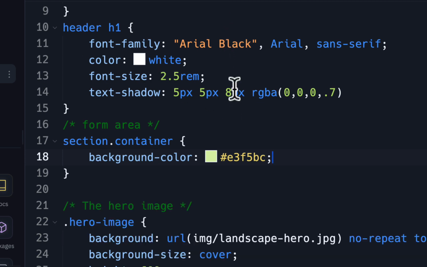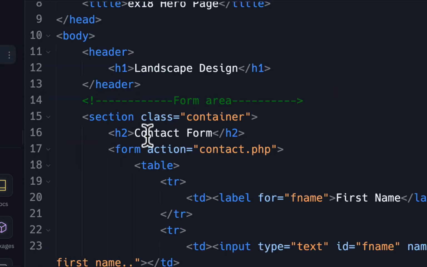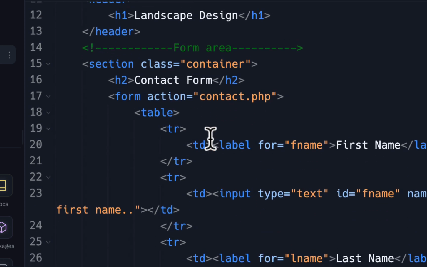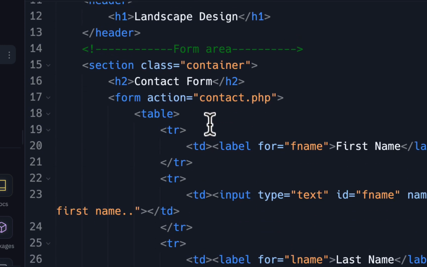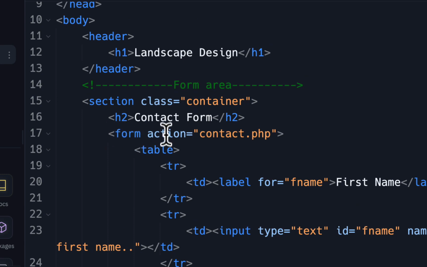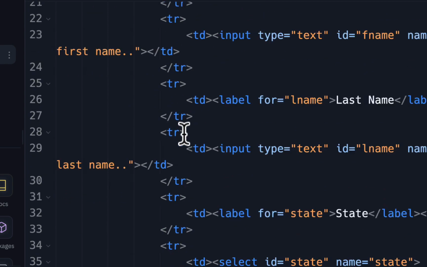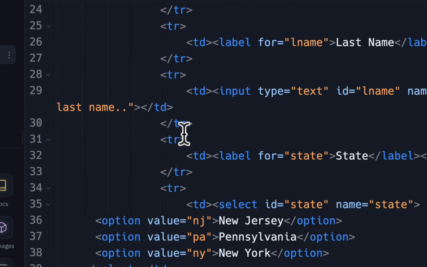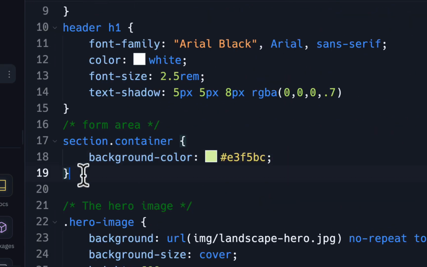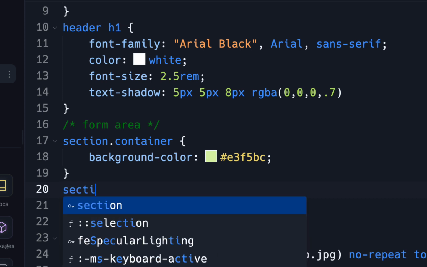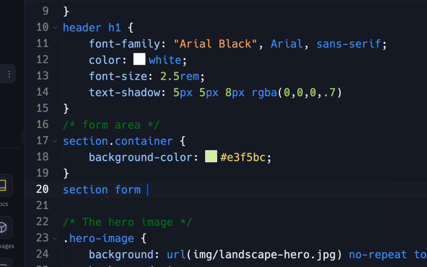And I'll move on to the table area and the H2, because remember we have our H2 and we have our table. I mean, I guess we could do the form element as well. Let me see, because the other one I didn't put a form element on it, but let's see if we could do if form gets treated. Well, let's see what happens here. I'll go in here and I'll do section and I'll do form